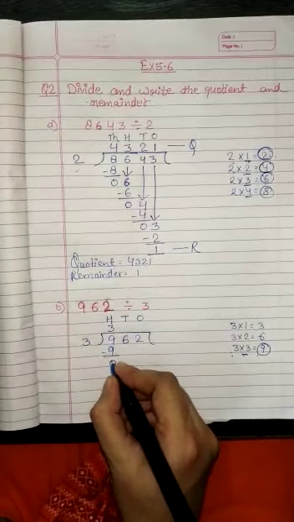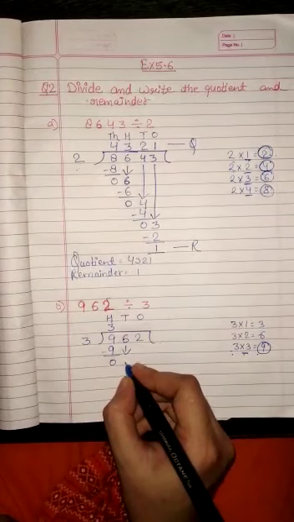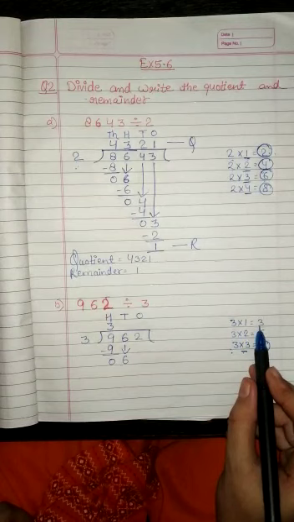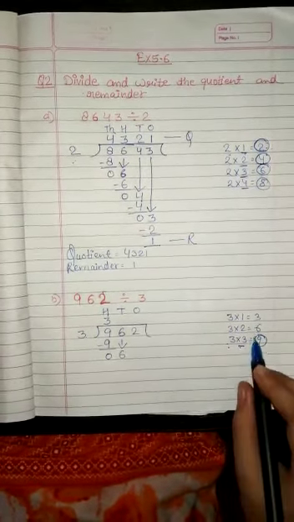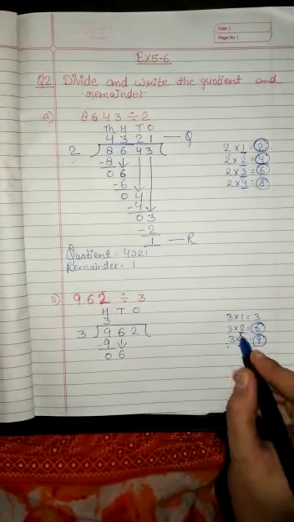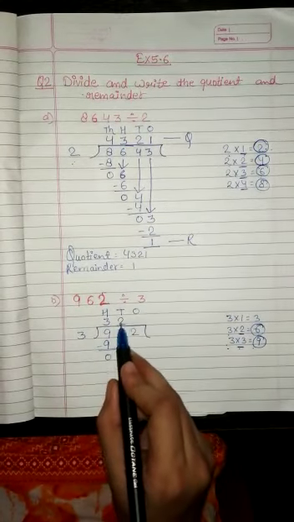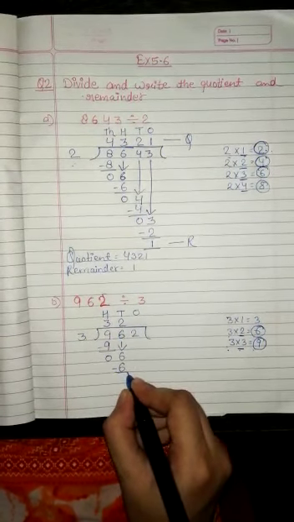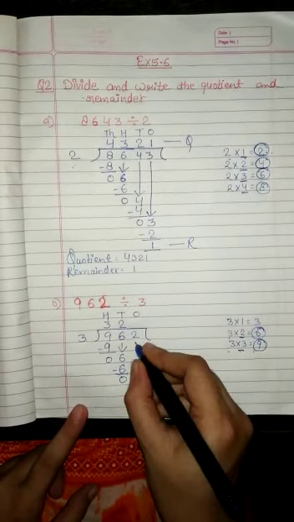Now we will subtract 9 minus 9 is 0. Okay, now we'll bring down the next digit. The next digit is 6. Again, let's read out the table of divisor. 3 1s are 3, 3 2s are 6. So 6 is occurring in the table of divisor. 6, 3 की टेबल में आ रहा है, कितने टाइम्स? 2 times, so we'll write 2 in tens place. We'll multiply divisor with this number. 3 2s are 6. Now we will subtract 6 minus 6 is 0.